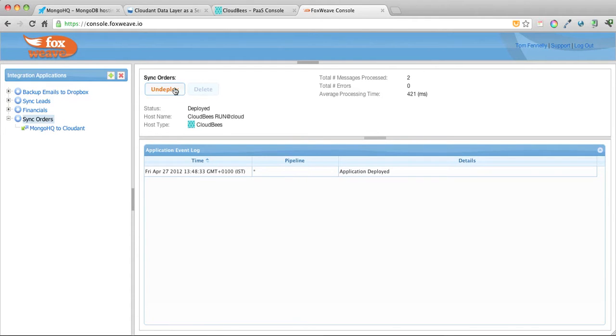So what we're going to do first is just undeploy from CloudBees. So we're going to stop that app and undeploy it from CloudBees, so it'll remove it off your CloudBees account. And then we'll set up